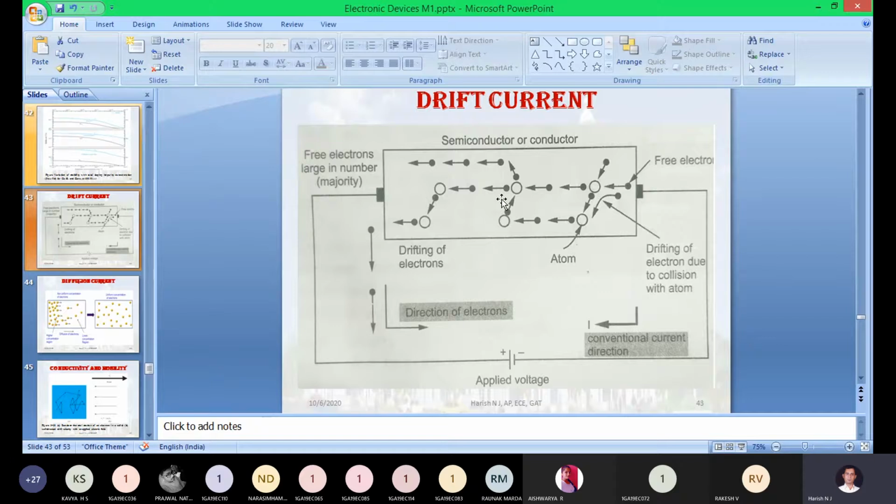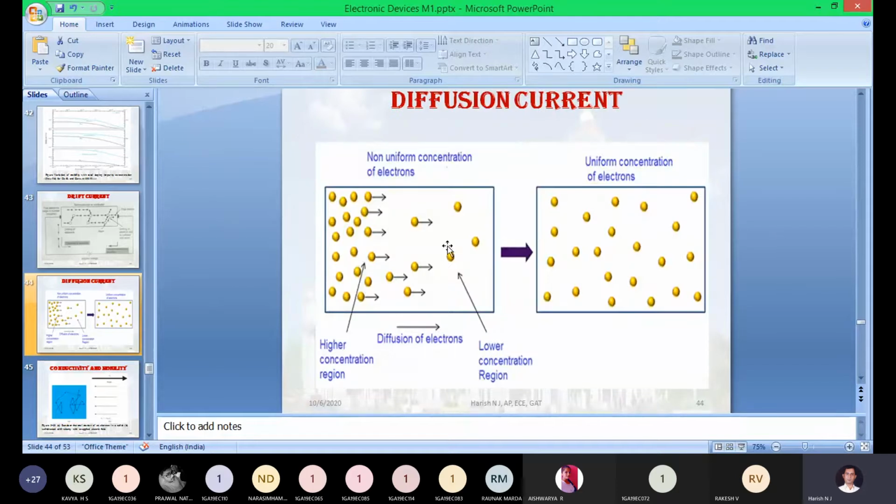Previously, or initially, at thermal equilibrium, at 0 degree Kelvin or at 300 degree Kelvin, what will happen? Let us take that there is no biasing here. Just simply we have taken one piece of semiconducting material. I will take the second diagram for explaining that. In this piece of semiconductor, we didn't do biasing. Biasing means providing additional energy with the help of an extra source, which may be a DC source or an AC source. We didn't do that.